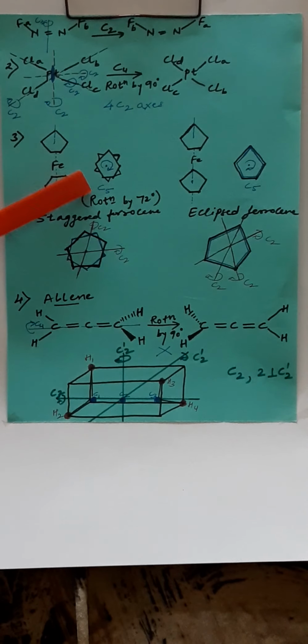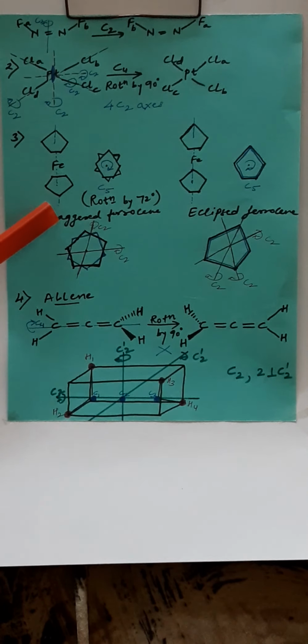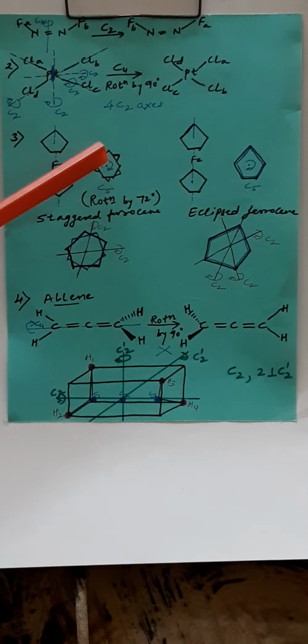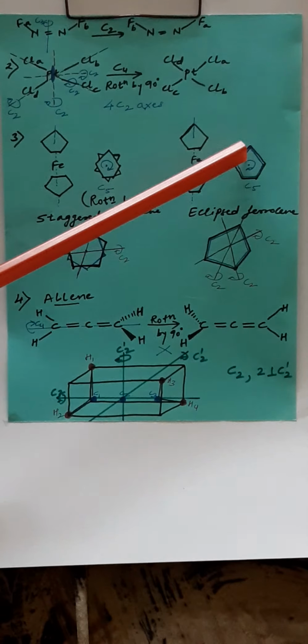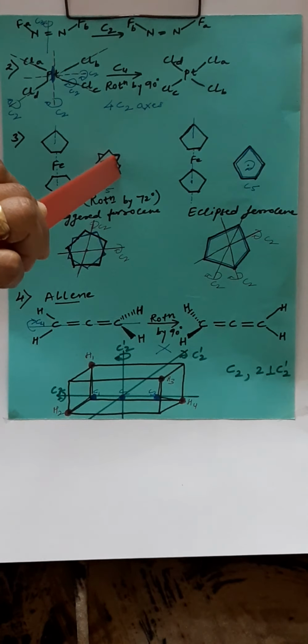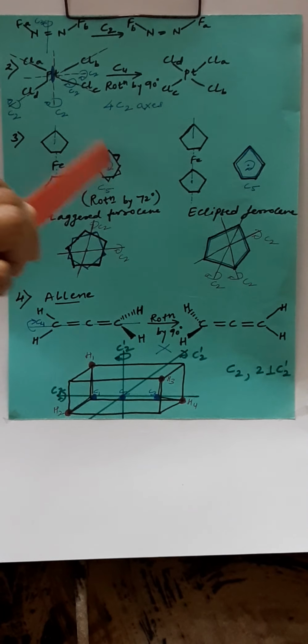When I say C5 axis, that means 360 divided by 5, that becomes 72 degrees. So in this case, I am rotating it by 72 degrees. Let us imagine an axis passing through the center of that molecule, passing through the Fe as well, which is in the center exactly. That has been shown in the form of a point in this particular view of the ferrocene molecule. Similarly, here it has been shown. So when I am taking this axis passing through this molecule from the center and rotating it by 72 degrees,